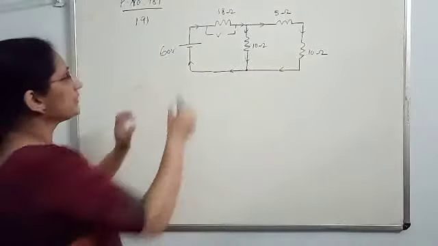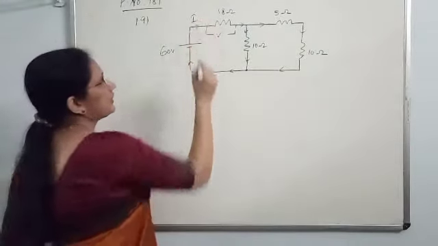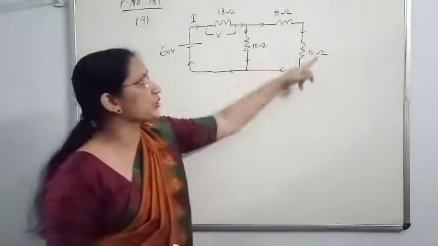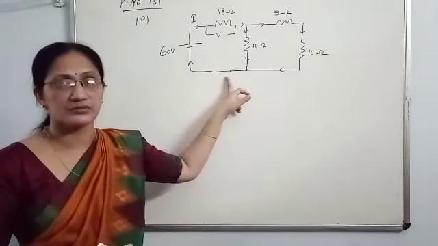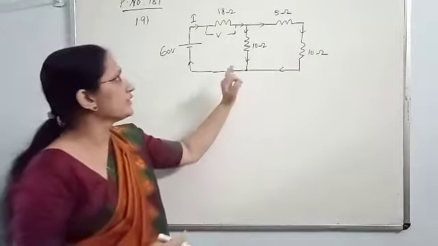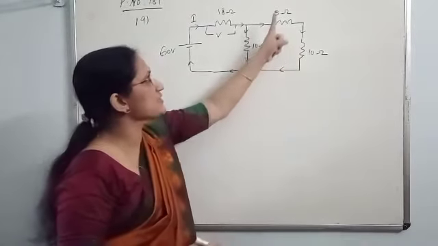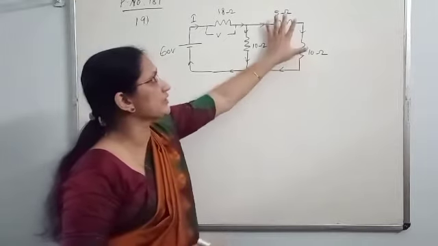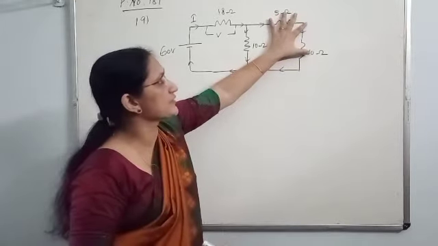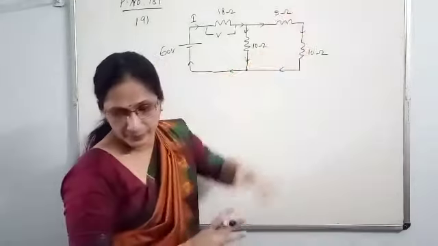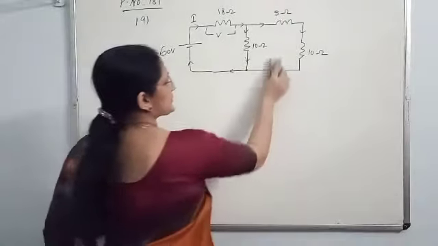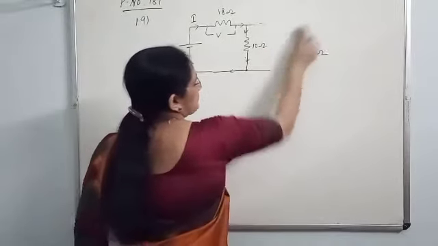So to find out the current in the circuit, first you must know the total resistance of the circuit. For that you have to solve like this. Look at this branch. Here there are two resistors, 5 plus 10, 15. So the total resistance of this branch is 15. 5 plus 10, 15. So the diagram gets simplified like this.